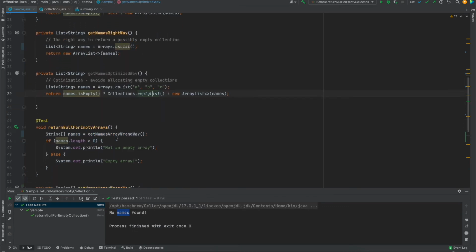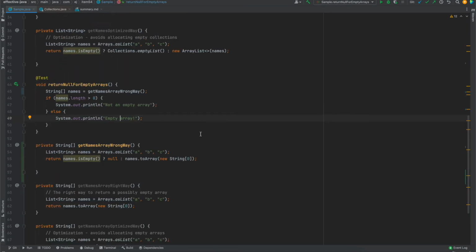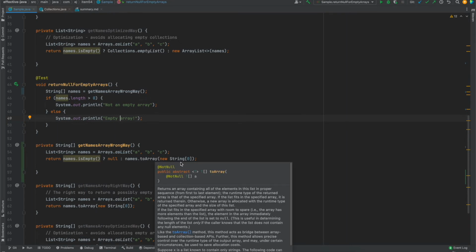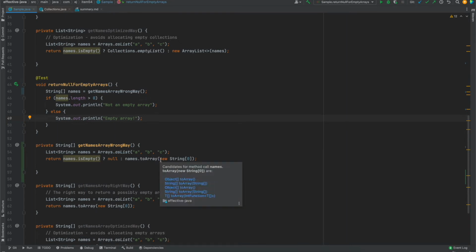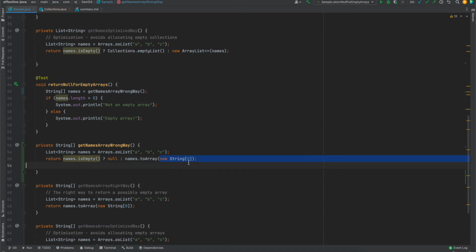The same rules apply to arrays. Let's consider this example where I have a list of elements and I return an array from this list. I check if the list is empty, I will return null. If it is not empty, I will convert that into an array. To convert it into an array, I pass an empty array as an input to the toArray method. This will take care of converting the list into an array. If I run this,